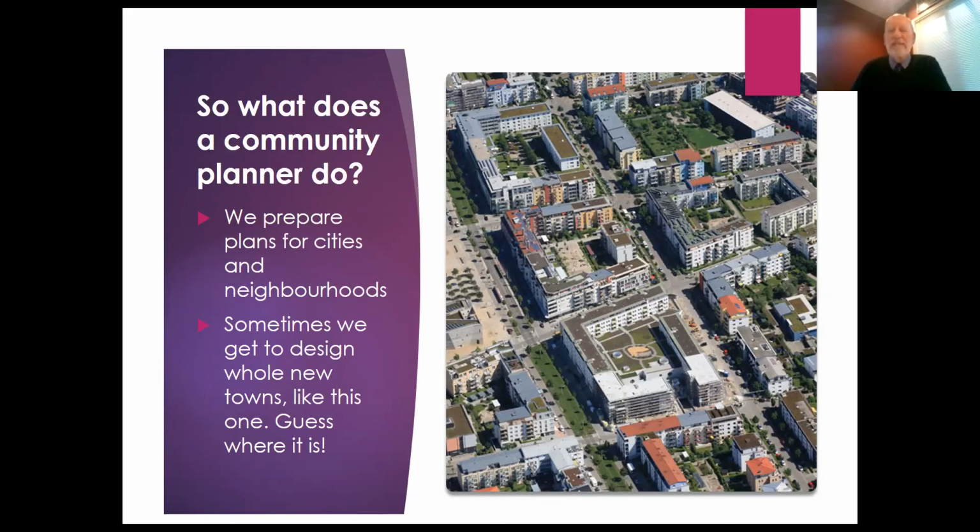Now, a community planner is like an architect in that they not only design buildings, but they also design whole communities. And this is an example of a new town. Many of you may say it doesn't look like anywhere I've been. Actually, this is a portion of a town in Germany, Freiburg, Germany, where you'll see there are no single-family homes. Everybody lives in an apartment. There's an overall design. There's a transportation network. The homes are designed so that people can get to the tram or the bus. People generally don't use cars. You don't see lots of parking space in this community. And so for an architect and a planner to work on a development like this, it's a very special opportunity.